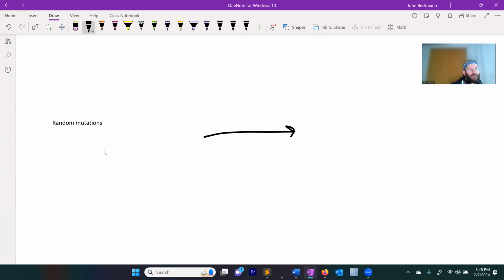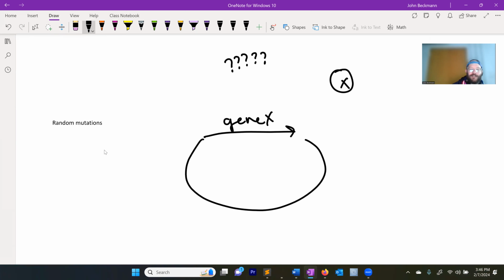how might you optimize a protein? So let's say you had gene X and you wanted to make a version of protein X that had better enzyme activity, but you had no idea what mutation to make. And so you wanted to develop a system where you could test a whole bunch of different mutations simultaneously to figure out which of those might enhance the functionality of protein X. To do that, you might want to do what's called error-prone